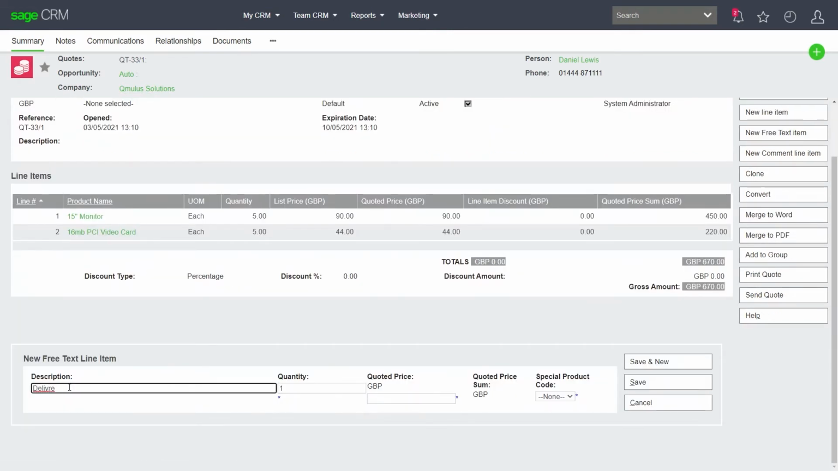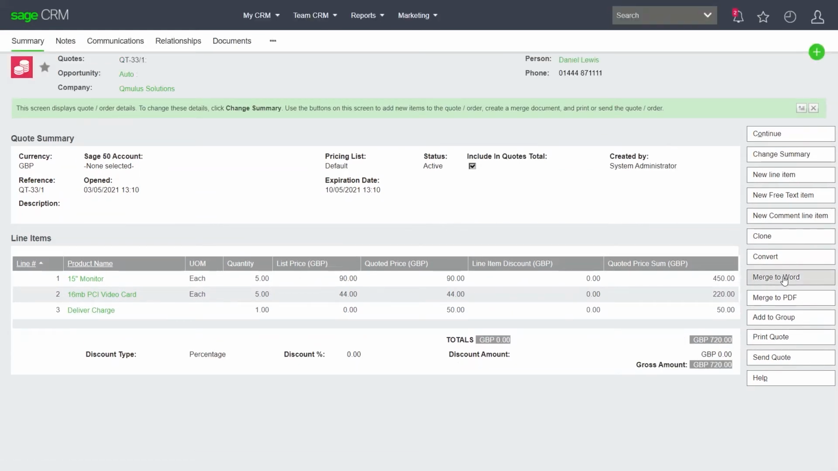Put in my delivery charge at £50. Click save. And then go through the standard merge to Word, merge to PDF. Now at this point, I may want to convert this to an order, but obviously Qmulus Solutions doesn't actually have